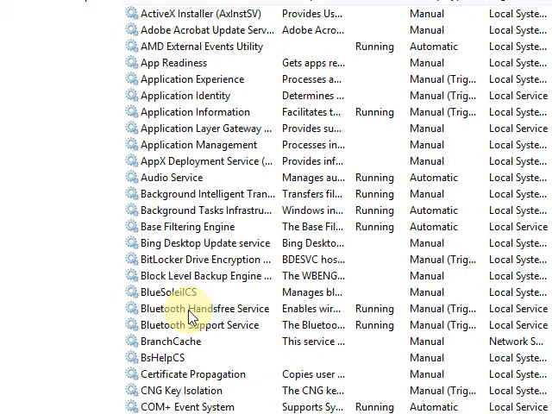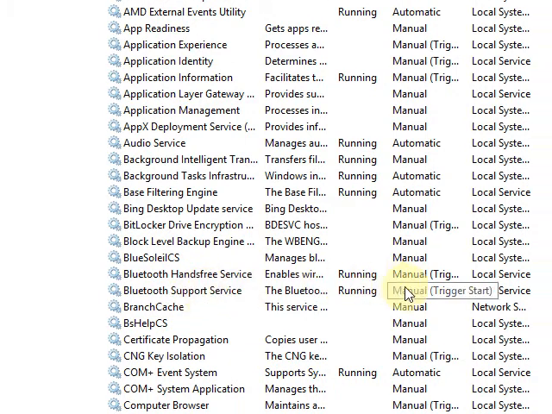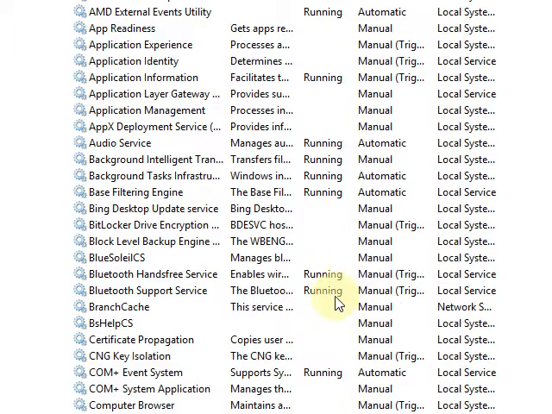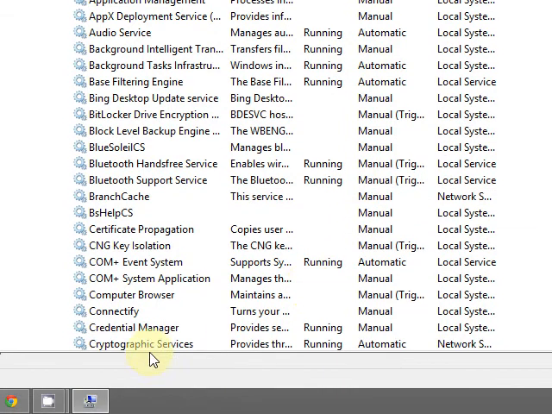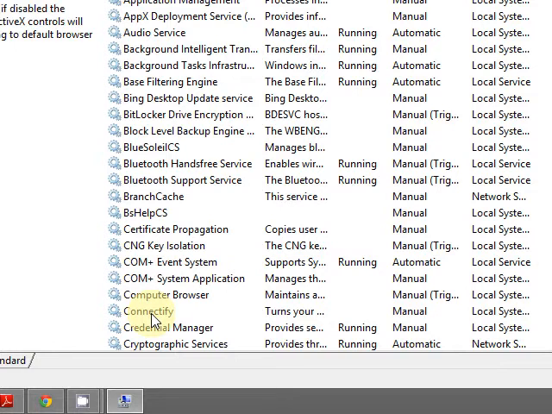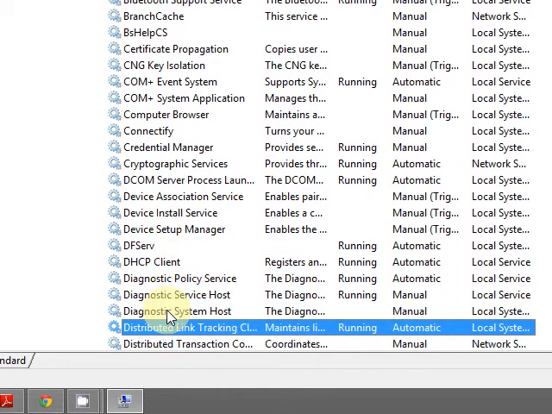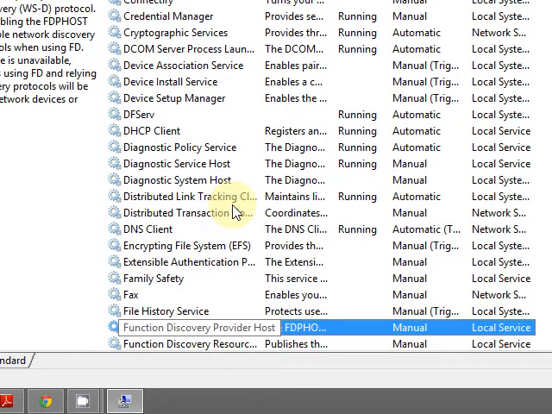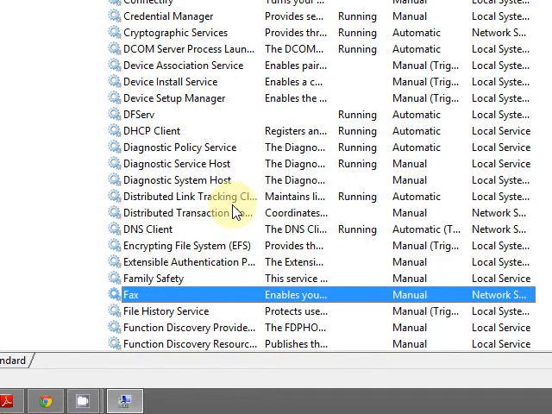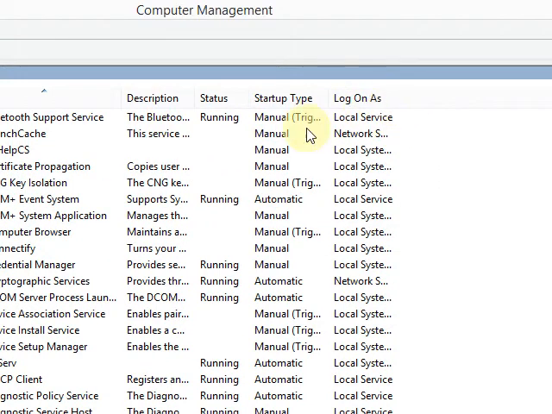These Bluetooth support services are manual but trigger start, and you don't need it to be automatic. And here Connectify, again it's unnecessary and it consumes a lot of resources. So these things are all unnecessary. Since it's too long a list, I leave it up to you to choose whichever you want to start up along with your computer.